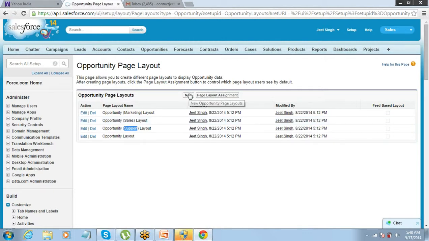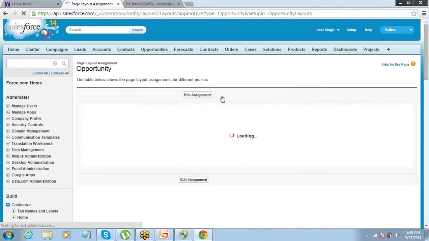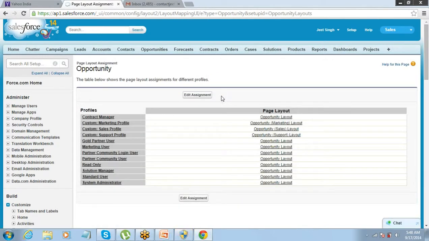Now, why will we create multiple page layouts? Just to assign them to different profiles. And how do we do the assignment? We just click on page layout assignment. Simply click on page layout assignment. Now you see there is a complete list of all the profiles. All the profiles are listed here,